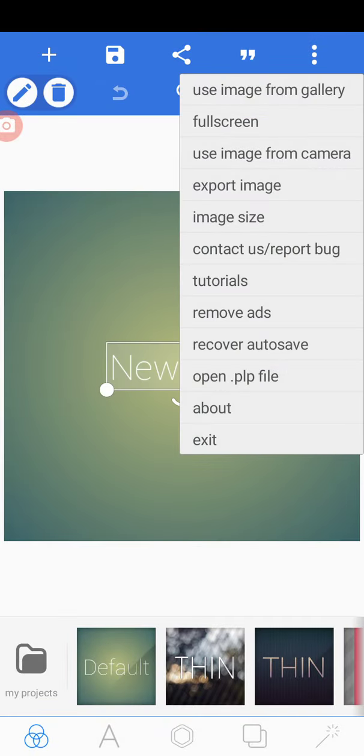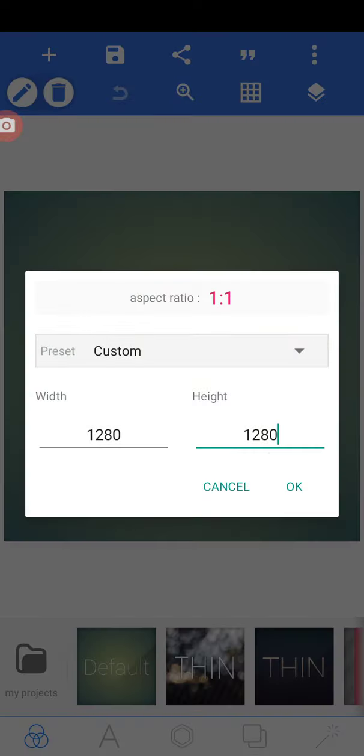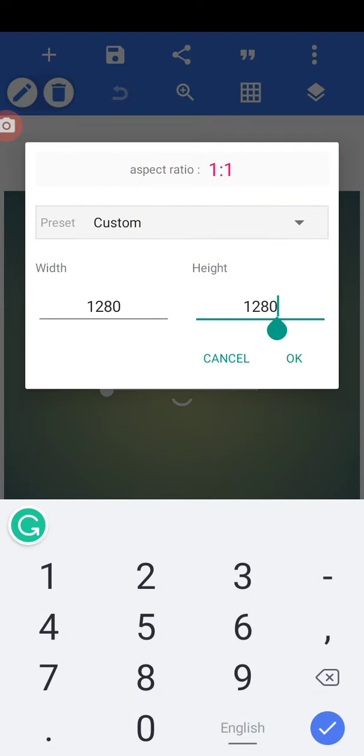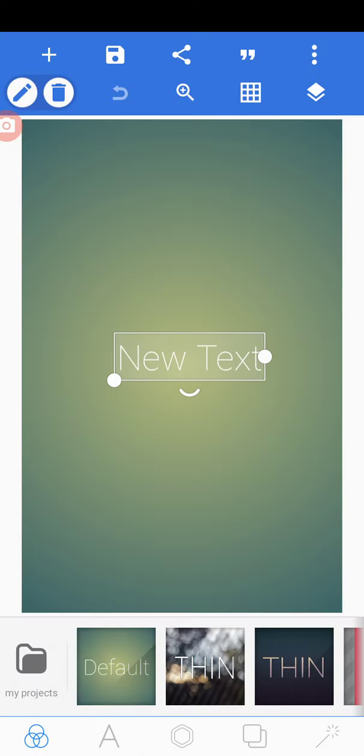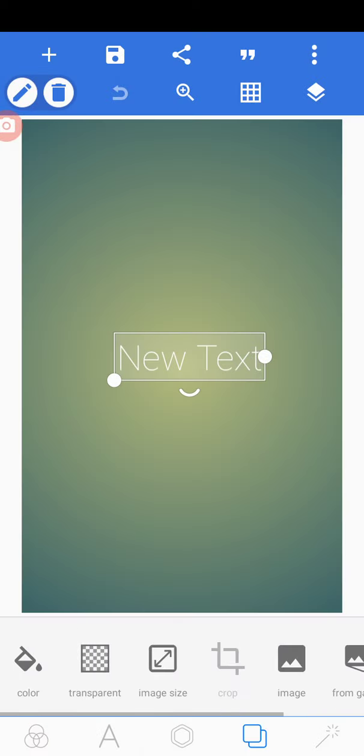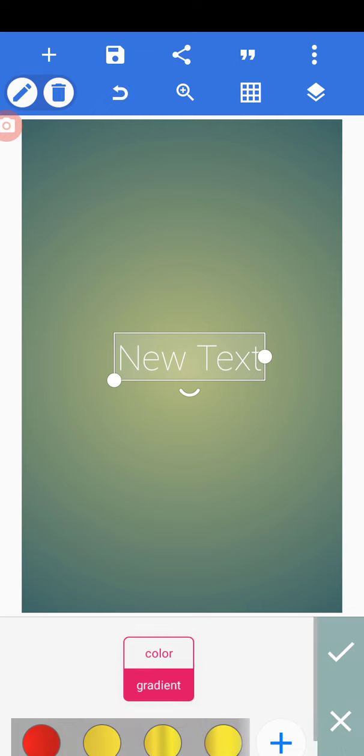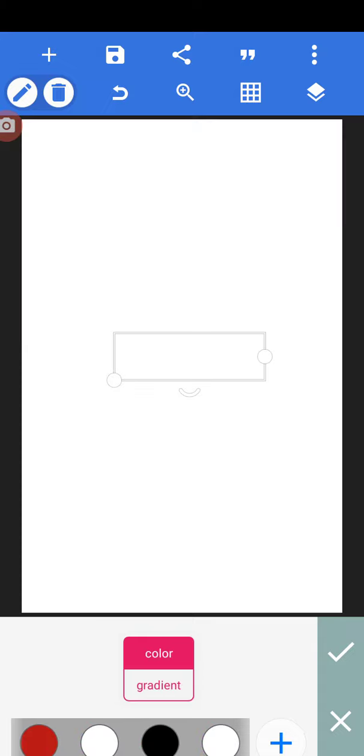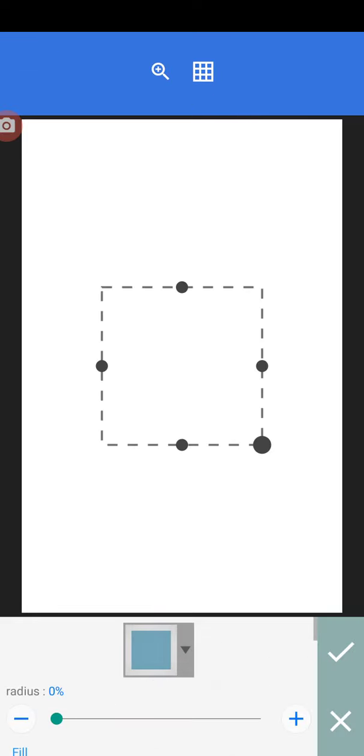You come to menu, change the image size to this, just work on the, and that is fine, guys. Then change the color to white as usual, change it to white, then delete the text box, then come to shapes, draw a box here,